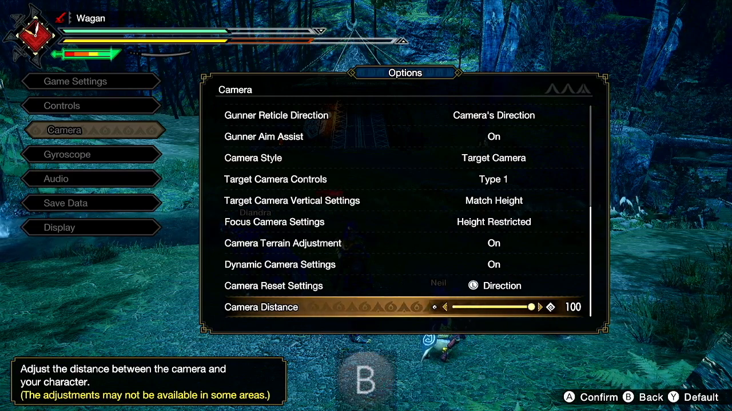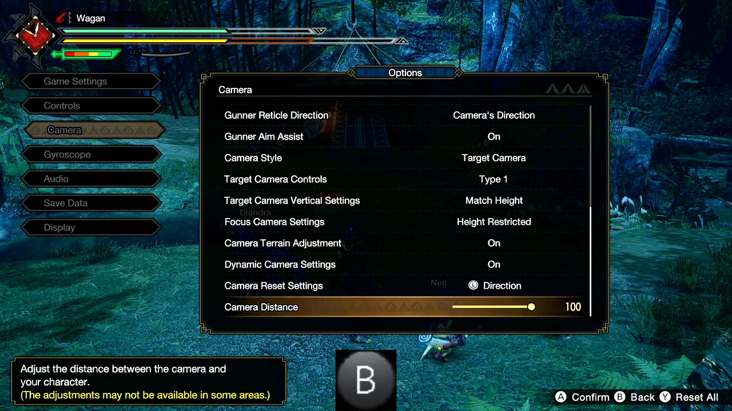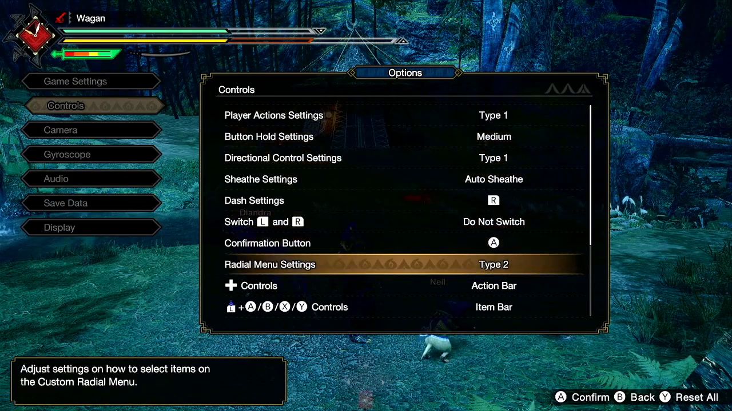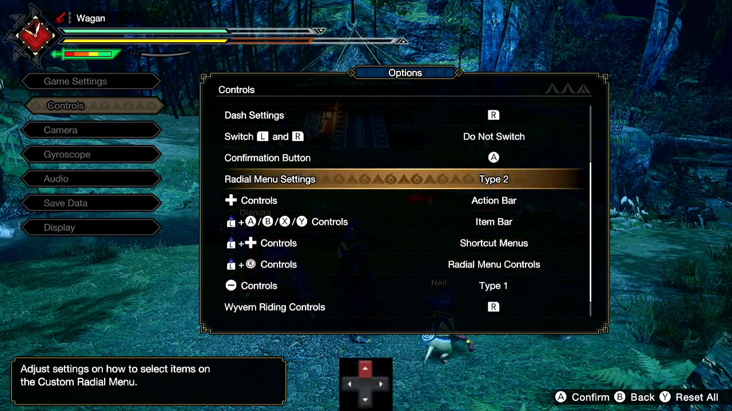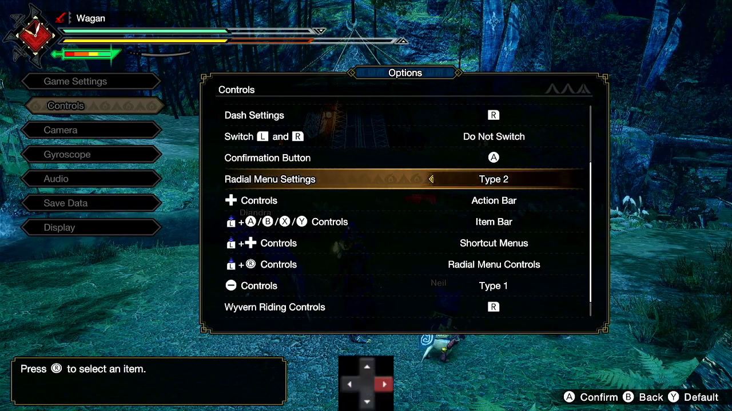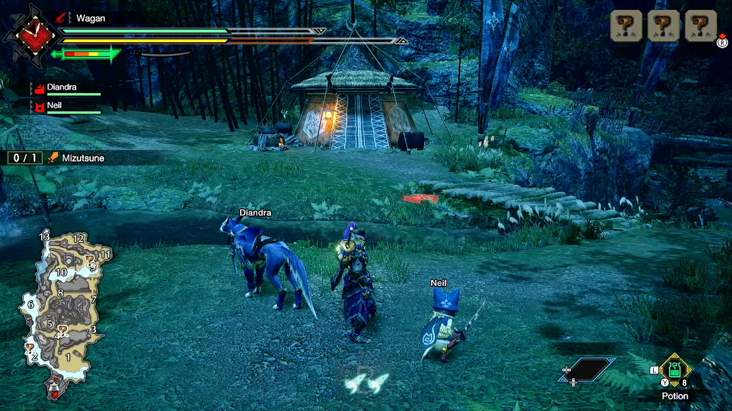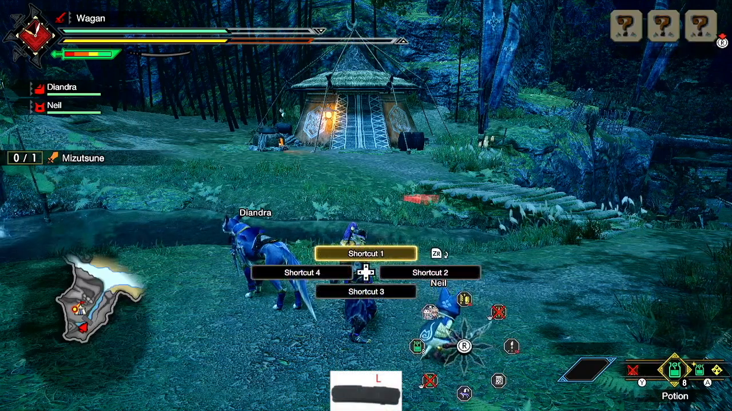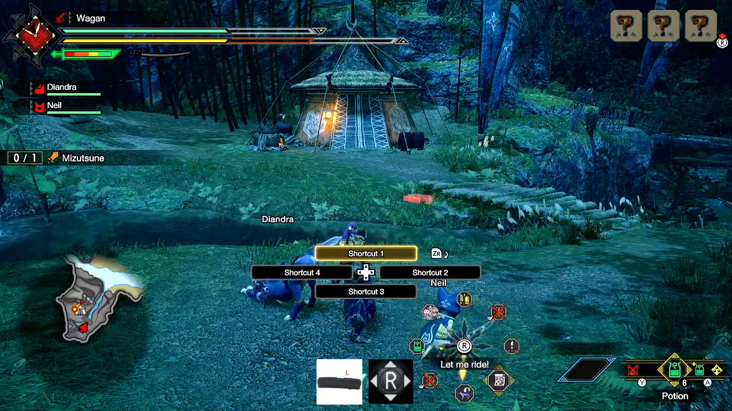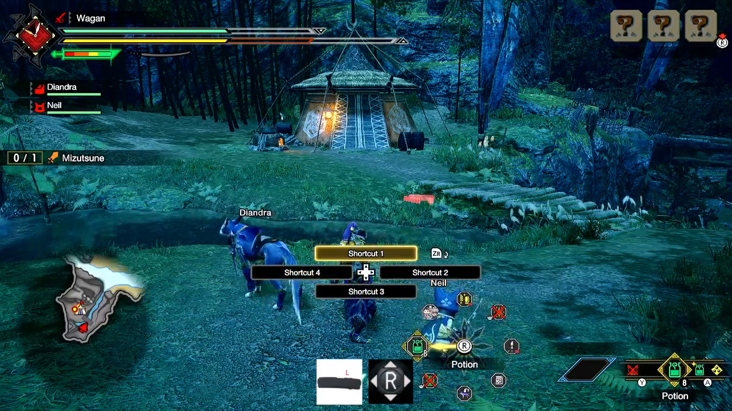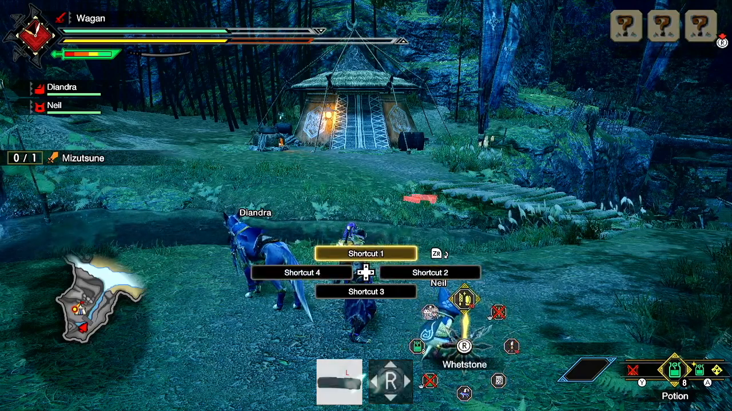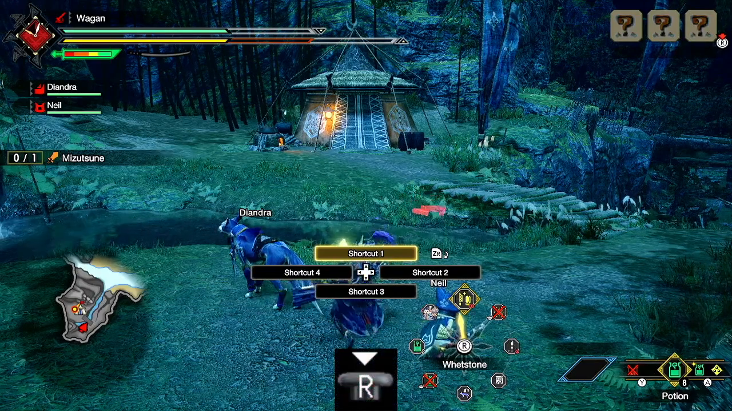And then you should change the controls of your radial menu settings to type 2. I will show you later how it works. And then press B to exit. When you press L on control, you will be able to see your radial menu. To navigate it, you can use the right stick,